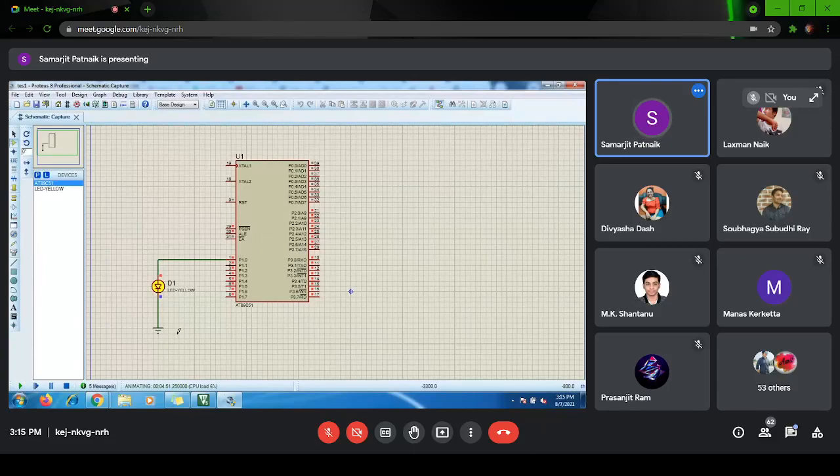And the second thing, do you want to run the simulation in 8051 or Atmega 16? Both are microcontrollers. Anyways, let's do one thing. We'll go with 8051 then. In case anyone is interested, you can ping me separately. We can do some experiments in AVR also, if you're interested. Sir, can we do it in Atmega 16? Yes, we can do it.